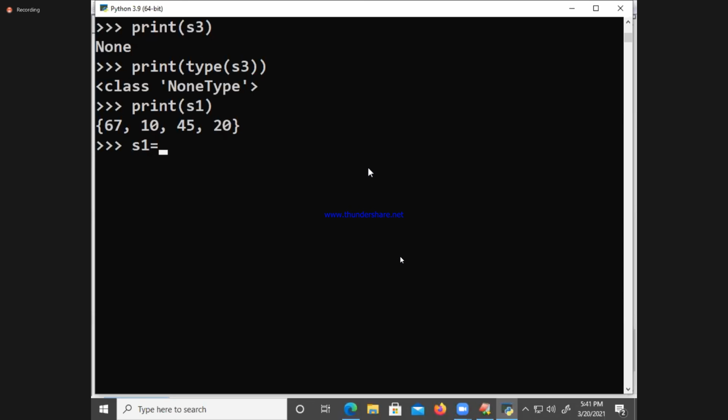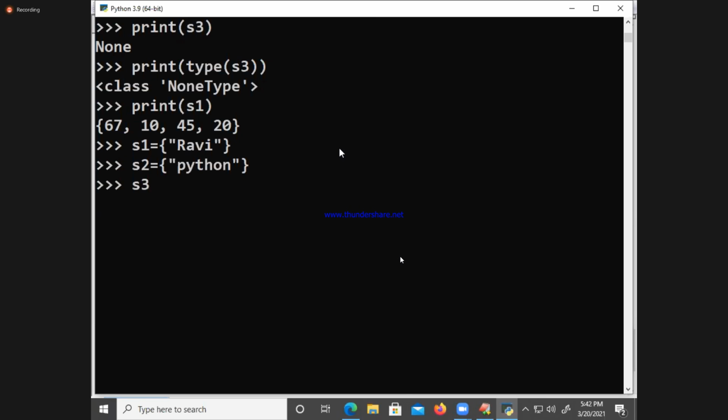S1 is equal to student. S1 is equal to Mr. Ravi. Only one set. S2 is equal to Python. Now I want to update S1 with the subject.